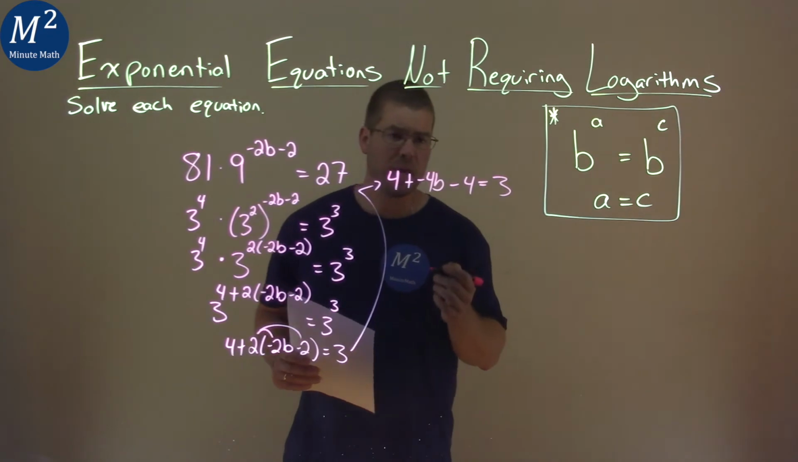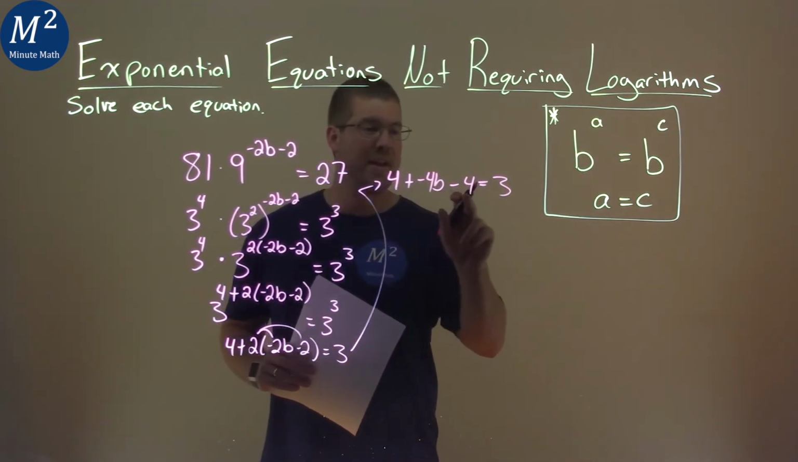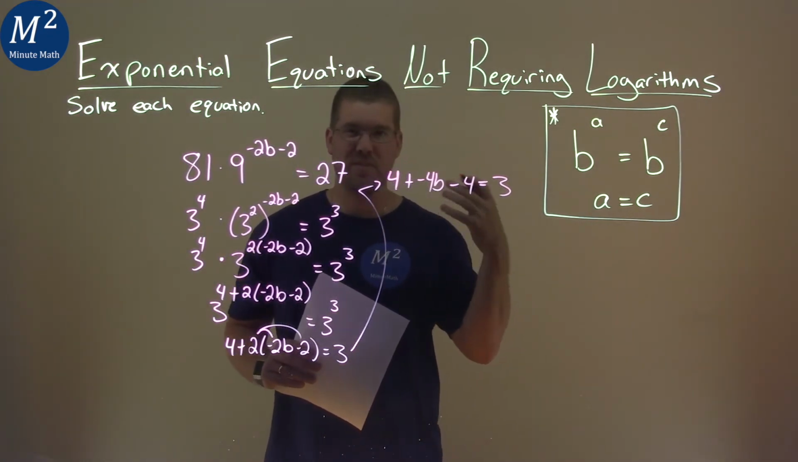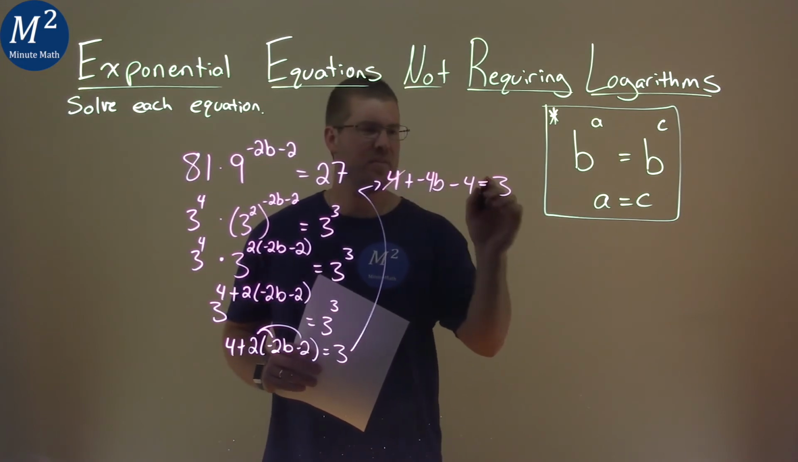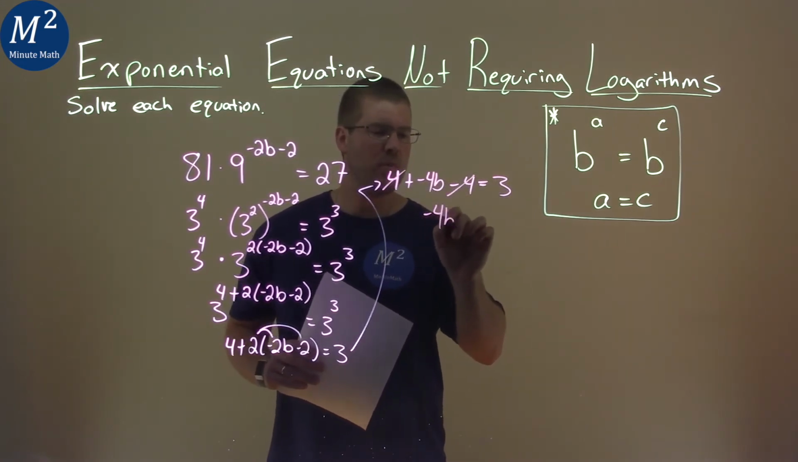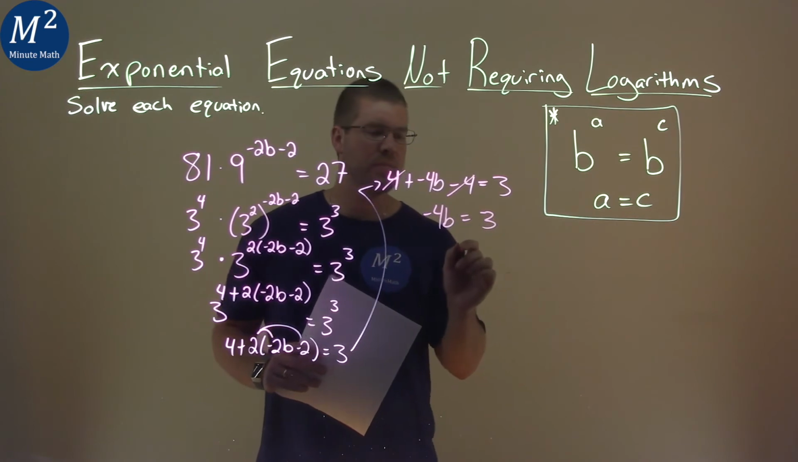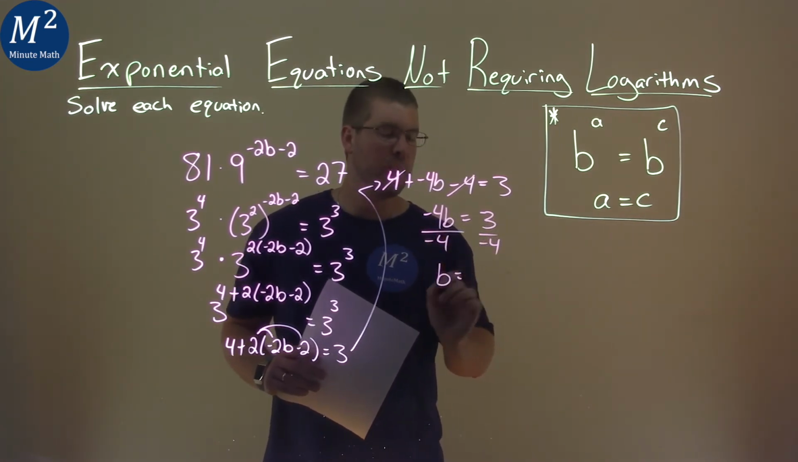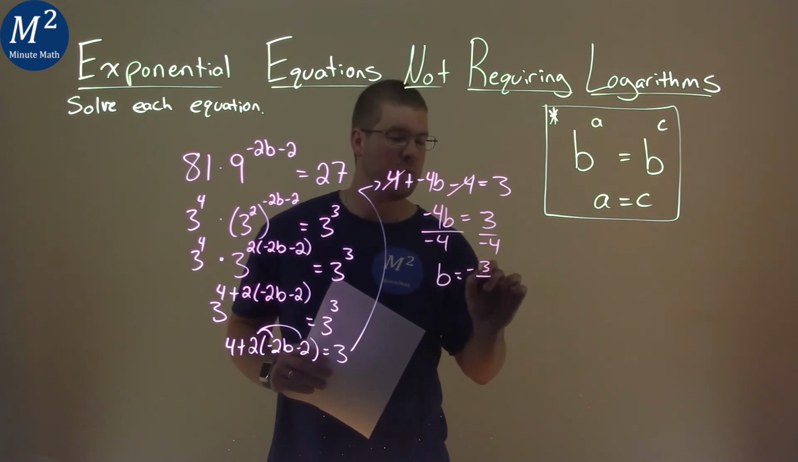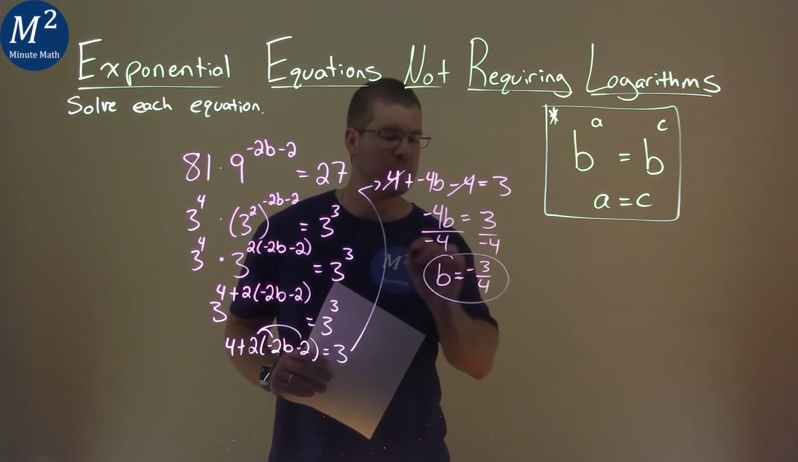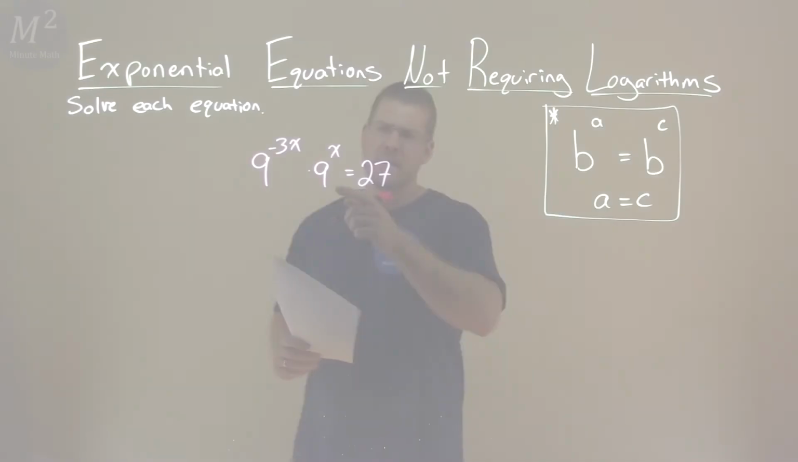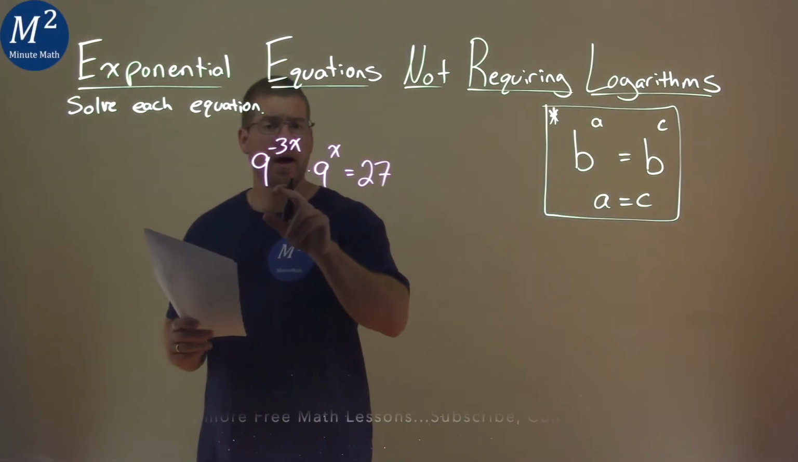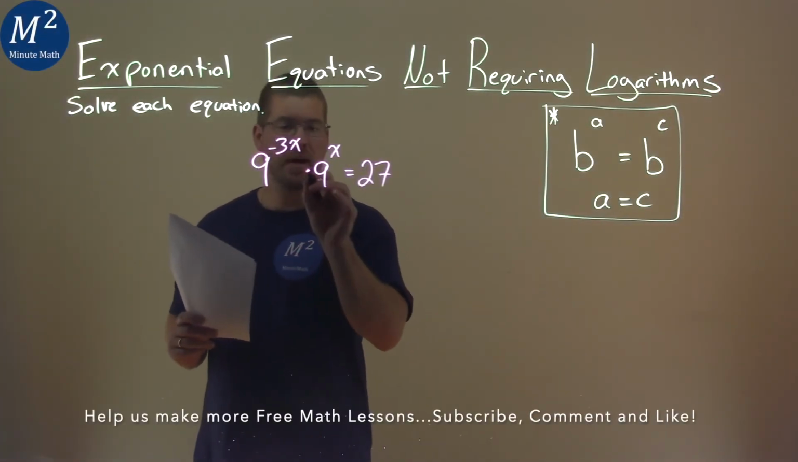We want to combine our like terms. 4 and a negative 4 added is just a 0. Don't need to write that, so they cancel each other out. We have a negative 4b now is equal to just a 3. Divide both sides by a -4, and b is now by itself, and it's equal to a -3/4, and that is our final answer. We're given this problem right here, 9 to the -3x power times 9 to the x